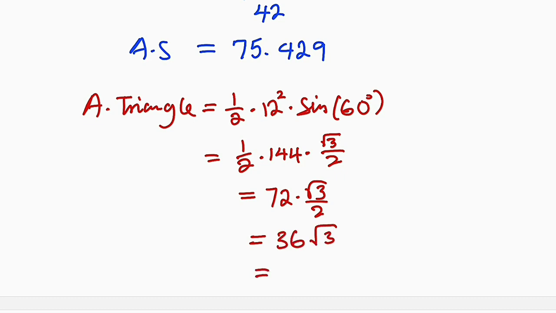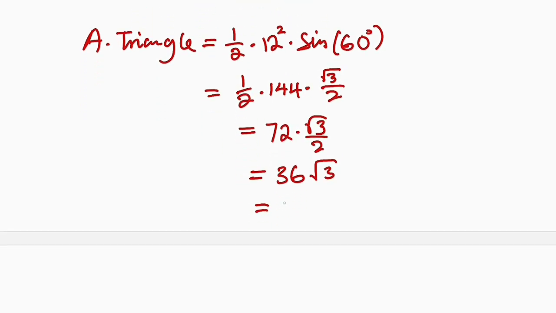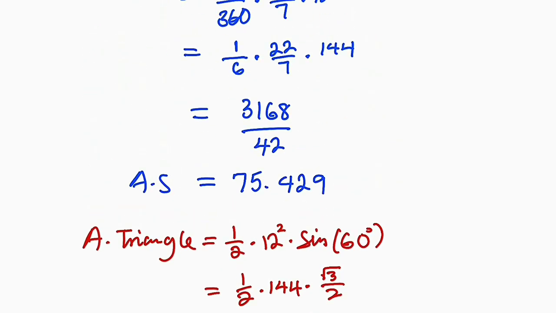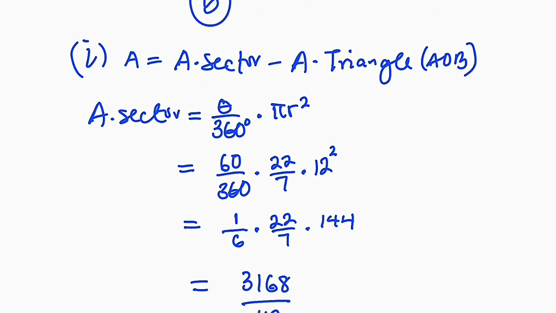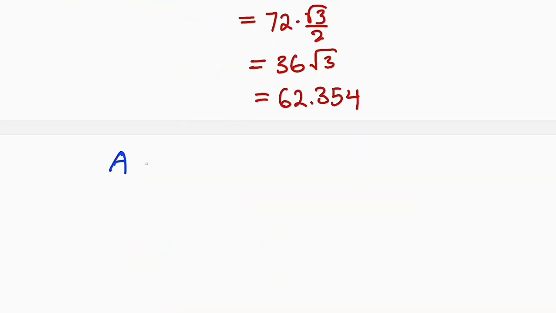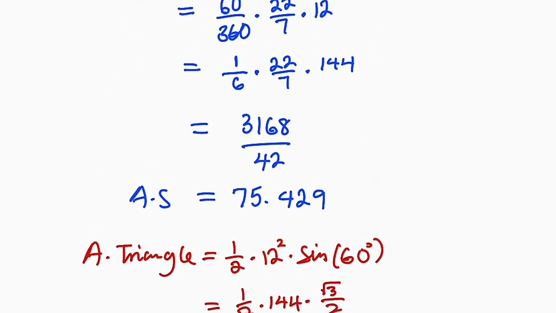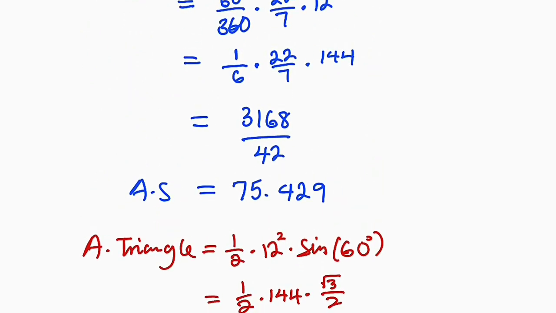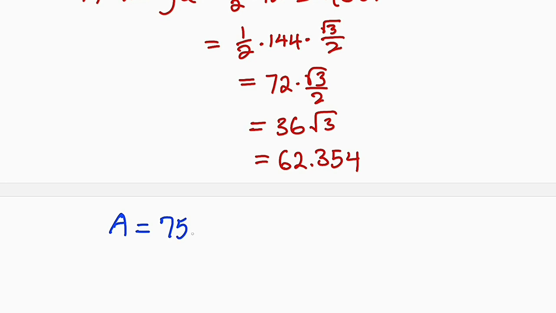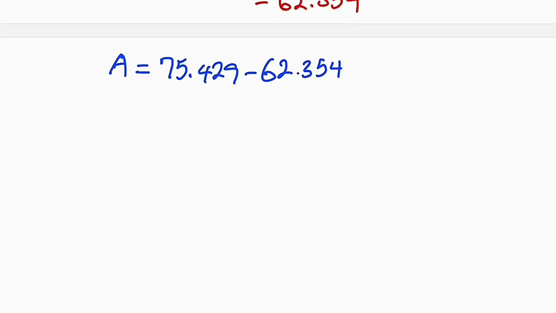But let us write it in decimal. This is approximately 62.354. So remember, we are going to subtract area of triangle from area of sector. Therefore, the area we are looking for will be equal to 75.429 minus area of triangle, which is 62.354. Let's subtract, and this is equal to